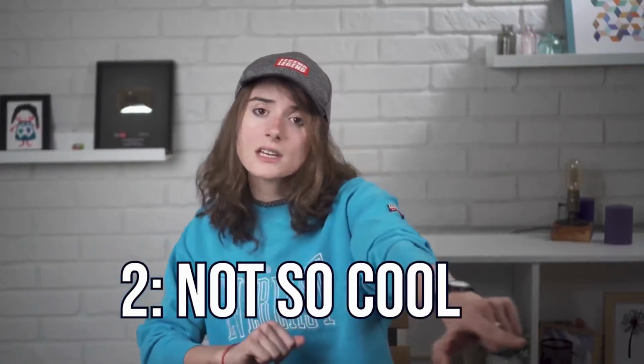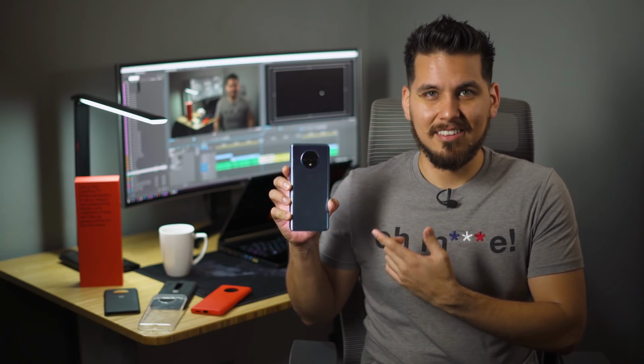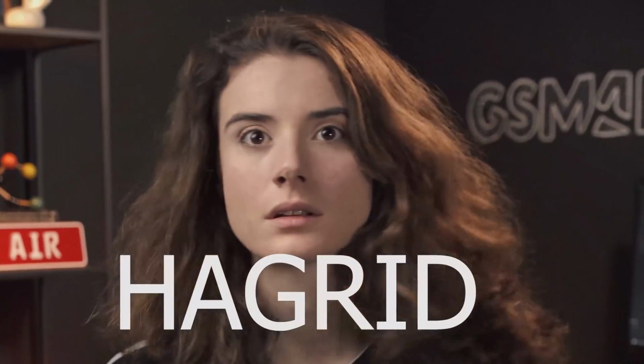Then we have a safe take, and on I move to the middle section. It's not going to get selfie enthusiasts excited, that's for sure. The OnePlus 7T. It seems...